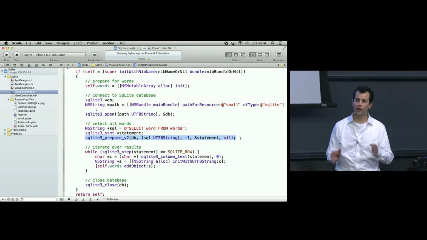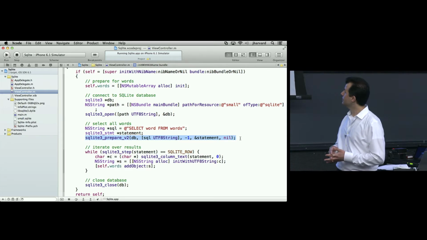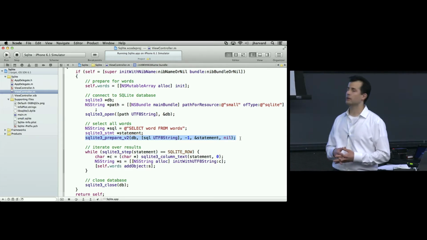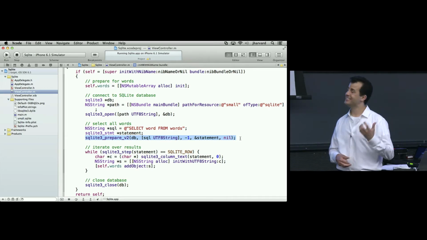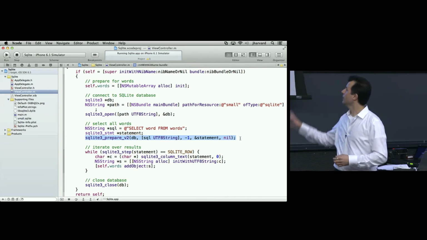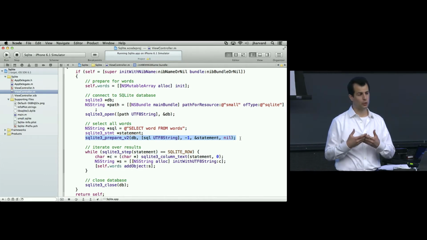sqlite3_prepare_v2. This is what happens when you don't really plan your functions ahead. The names get like this. And then I'm passing in a few values, again converting from an Objective-C style object to a C style string. And let me wave my hand at some of the details there, but what this just means is get ready to execute the previously declared query. Select